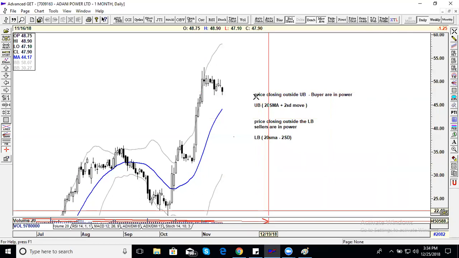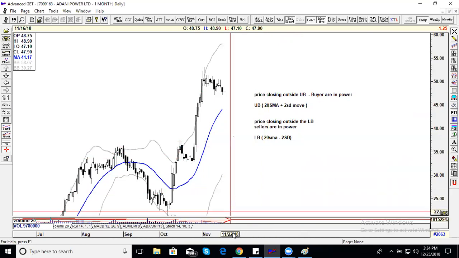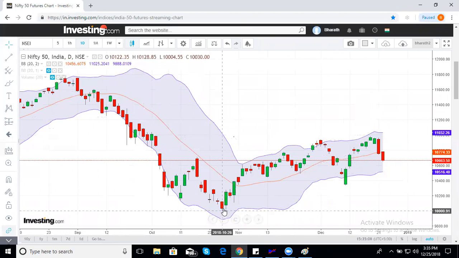And look at this. If prices doesn't close outside the lower band, that means what? Sellers are not so aggressive. This is exactly what you saw now. See here, close outside the lower band means sellers are aggressive. Price closing outside the lower band, sellers are aggressive. Market comes back, resistance at the middle band comes down, and this time it is unable to close below the lower band, which says sellers are now no more aggressive.